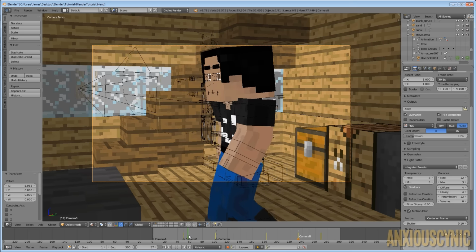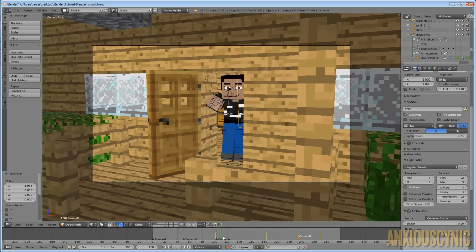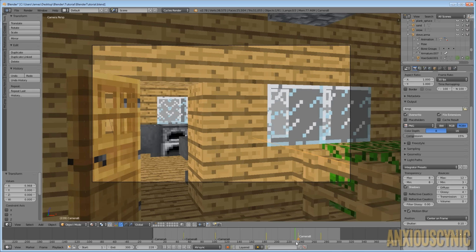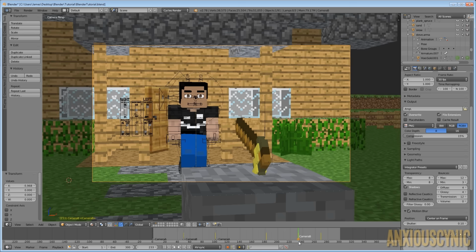So let's just go to a random frame here. Let's go to outside, actually. Right at the point where it changes one. If you recall, if we had done this the way I did in the very first part, then this frame right here is when the camera would move and it would switch. So it should be really, really blurry. So let's see what this looks like.